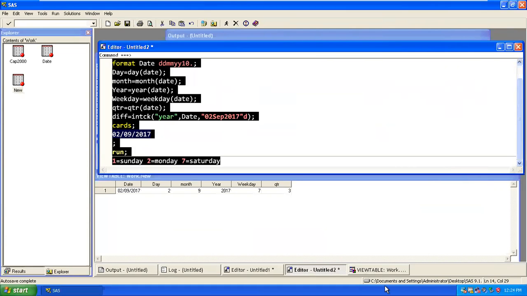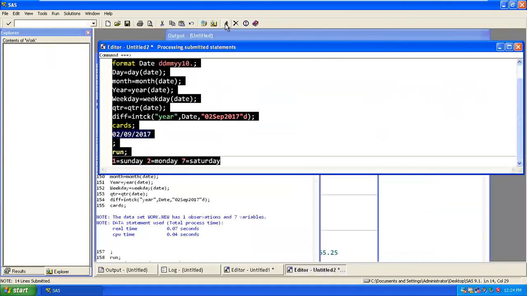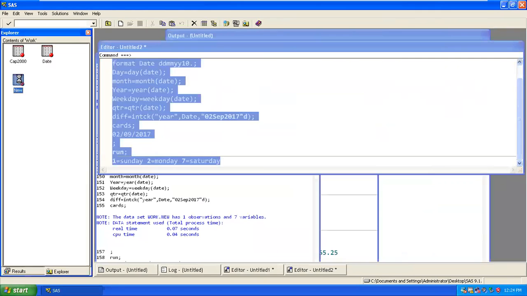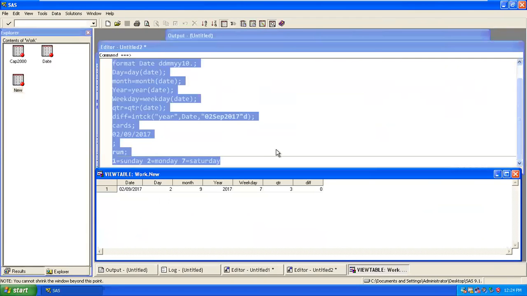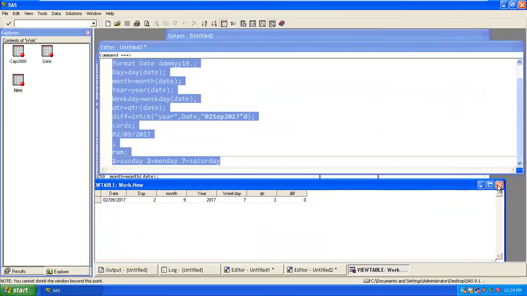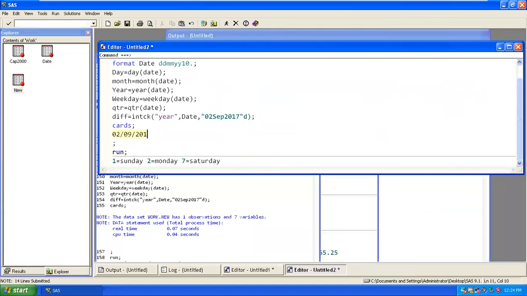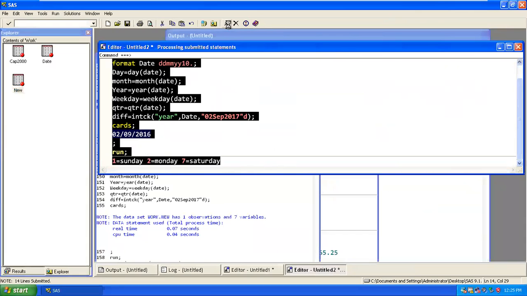If I try executing, let's see, I'll close this. So if you look at this new one, you have DIFF 0, it's saying 0, correct? Now if I change it back to 16 and try executing it, I'll get the interval between that.